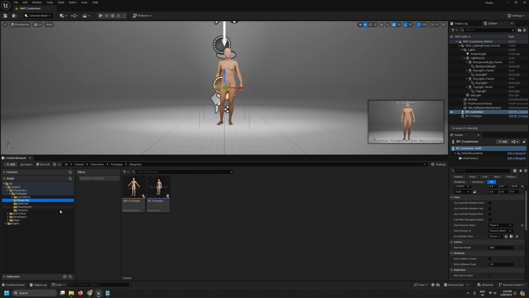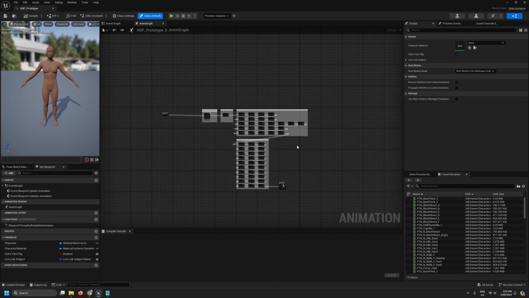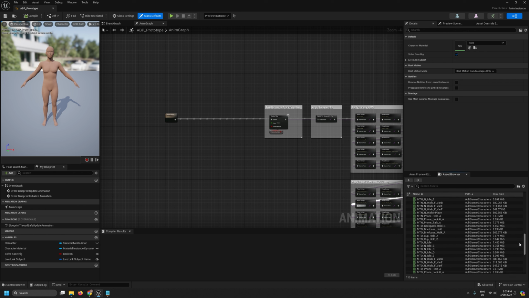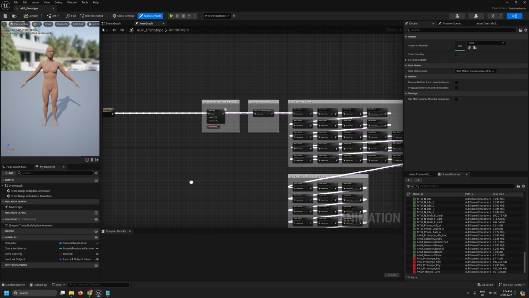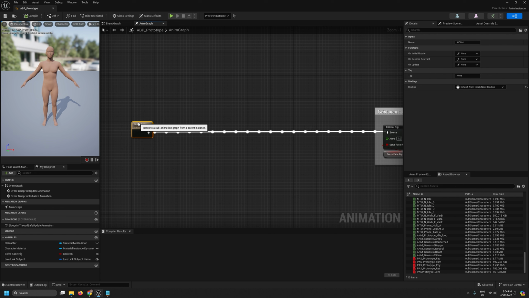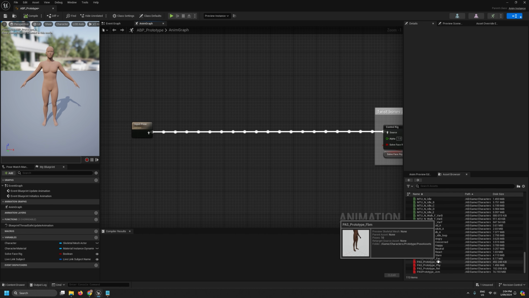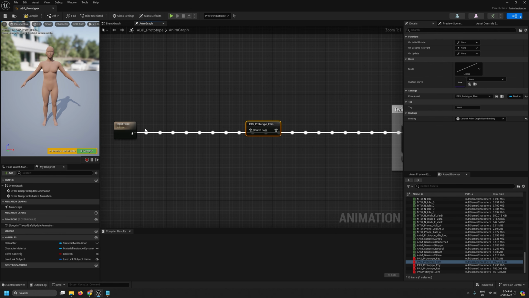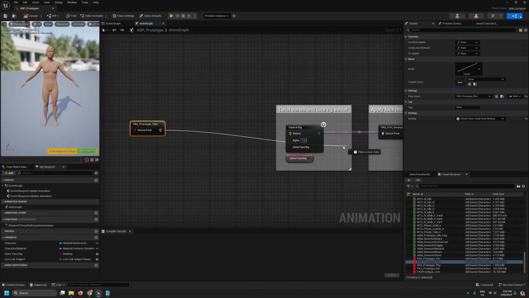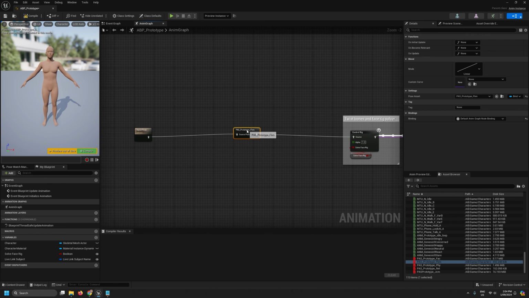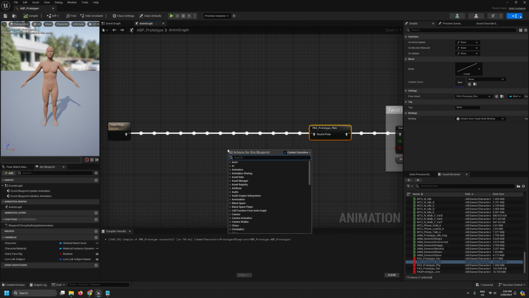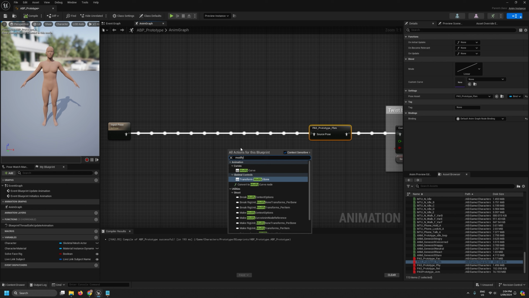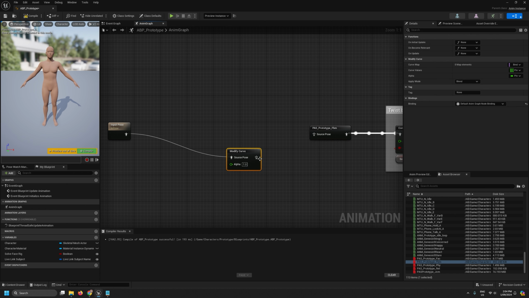So if we come back to our animation blueprint, one of the nice things about pose assets is that they don't turn your blueprint into a sort of spaghetti mess. What I can do, for example, is just drop a full body morph pose asset, wire that up, and now any changes to the curves contained within this pose asset, so our full body morphs, will get applied. So to drive those curves, we can do something like a modify curve node, plug that in,